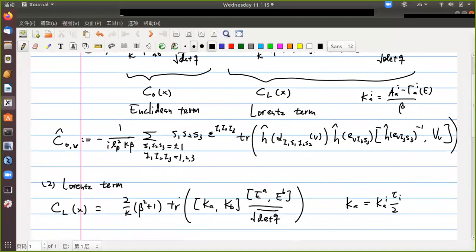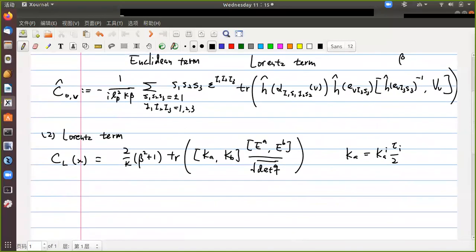Okay. And so here we are going to use the same formula, Thiemann's trick, to rewrite this factor. Okay, and similar to the Euclidean term, what we are quantizing